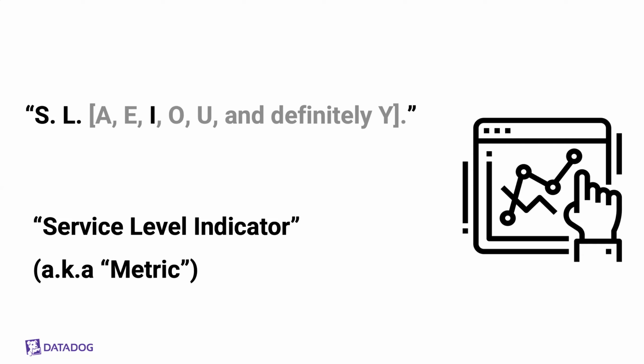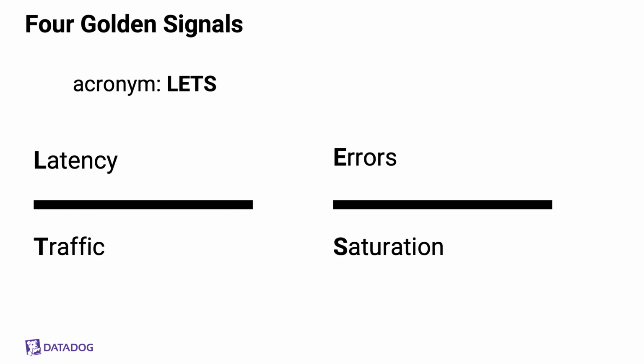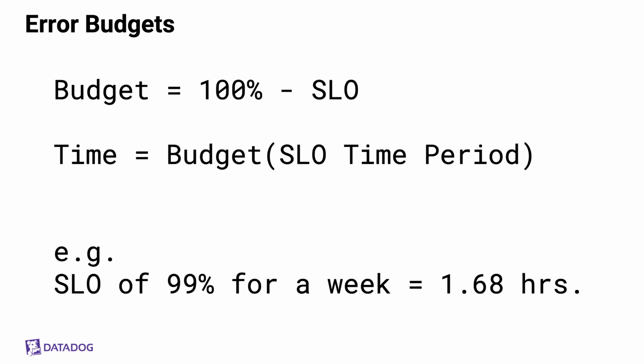There are an immense number of metrics that are available to you, but a framework that can help you stay focused is the 4 golden signals. Choosing metrics that represent the latency, error rate, amount of traffic, or saturation of your resources can help you narrow down what it might be most useful as an SLI. Before we move on to the rest of the SL letters, there's one more neat topic that I need to cover, and that's error budgets.